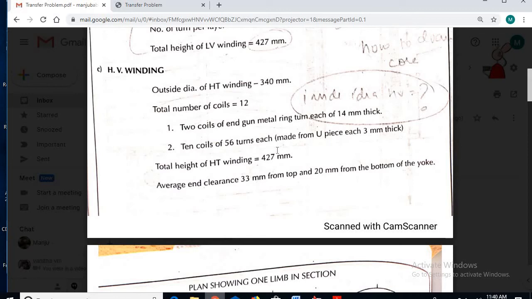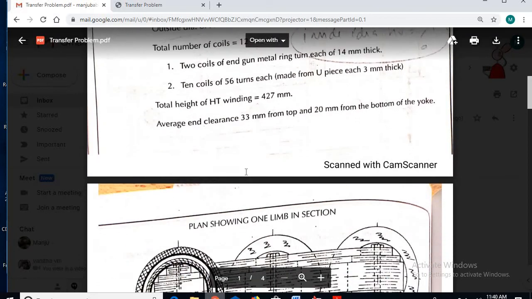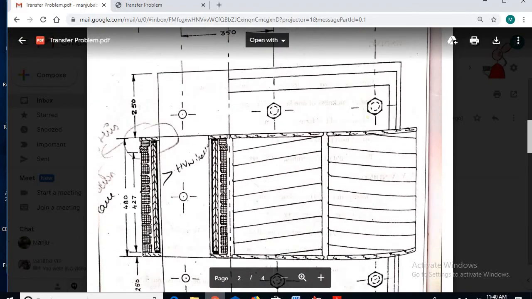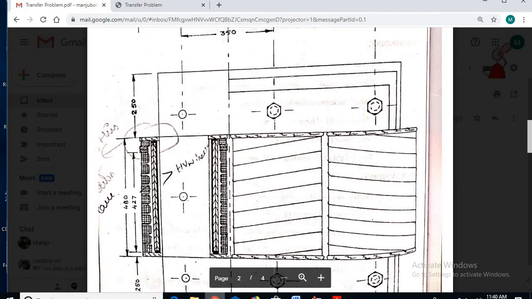So there are 10 coils, each of 3 mm thickness. Here you can see each tube: 1, 2, 3, 4, 5, 6, 7, 8, 9, 10. So there are 10 coils, each of thickness 3 mm.